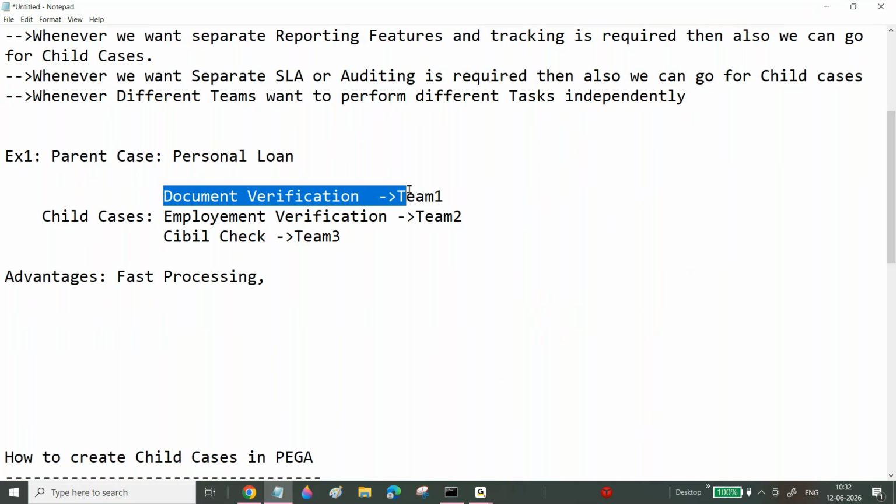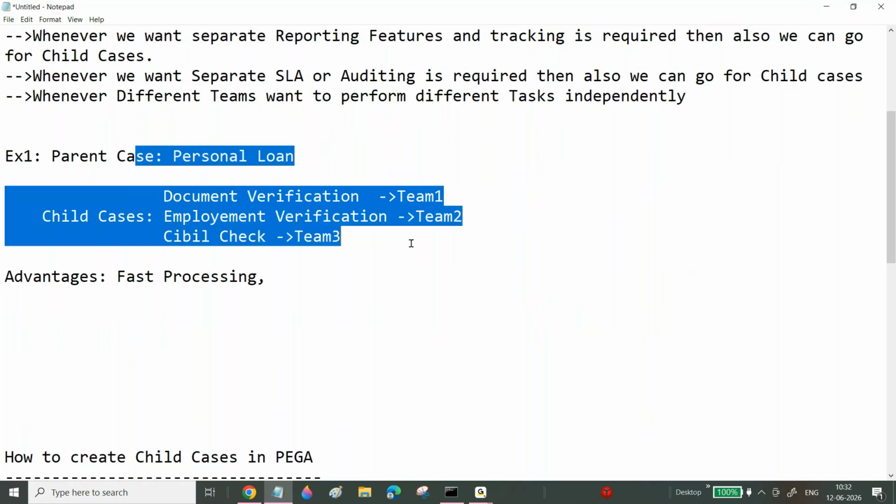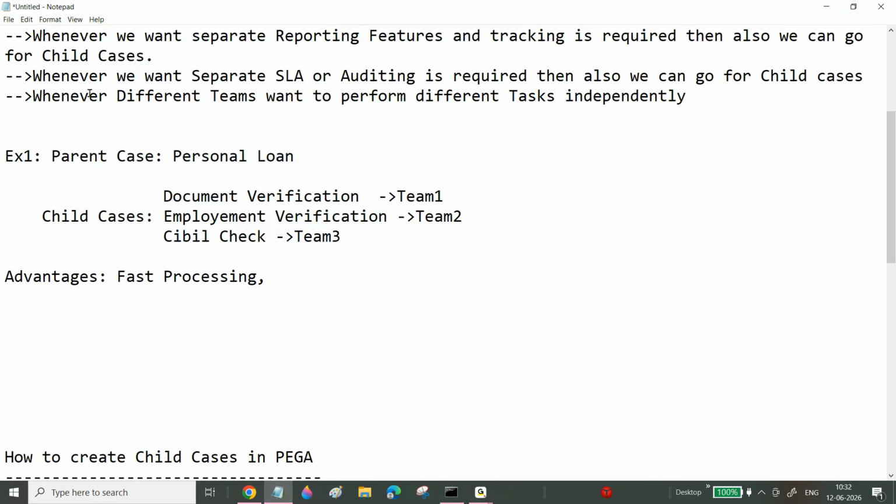Different teams want to perform different tasks independently. Whenever it is required, now you can define that. This is one thing. Next one is, whenever we want